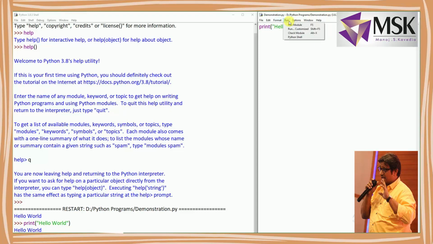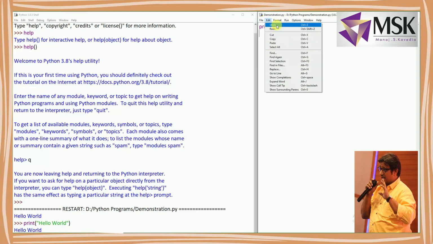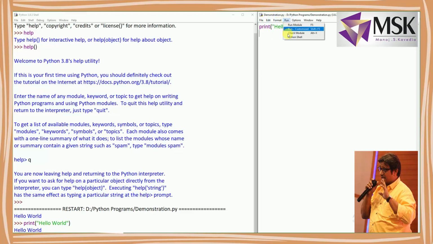In run, you can run the module. And see here, show code, context, configure IDLE, and so on. So this is a complete integrated development environment where you can create a file, edit a file, format a file, execute a file, as well as debug the file. And in case there is an error, it will show the errors also.